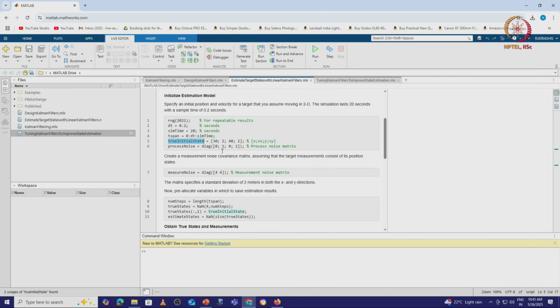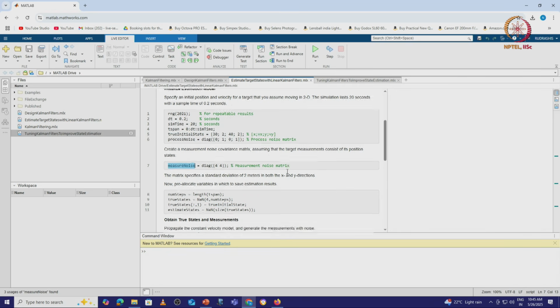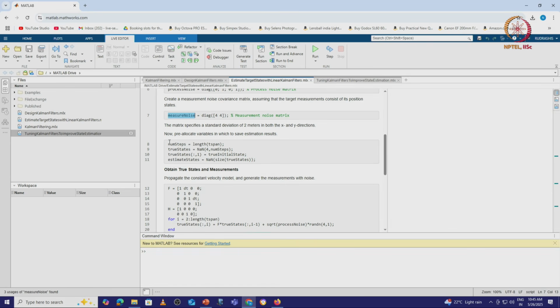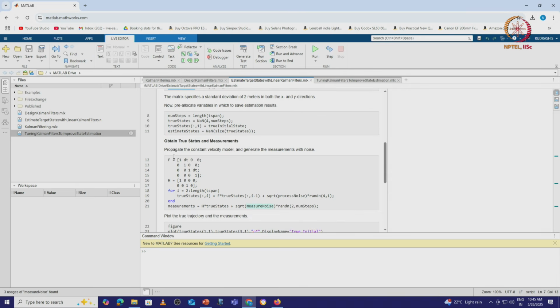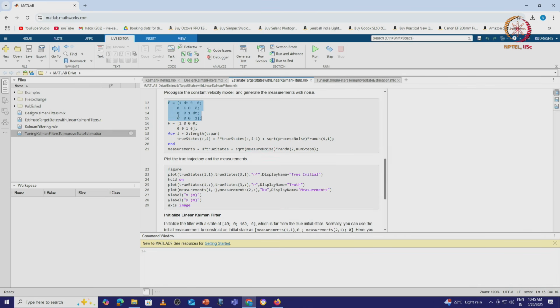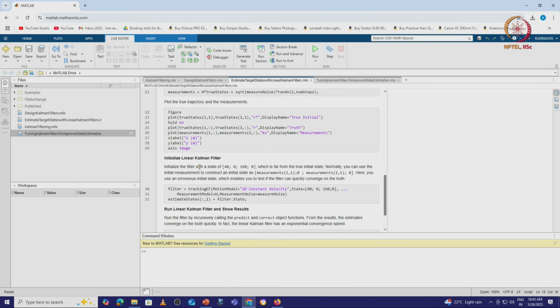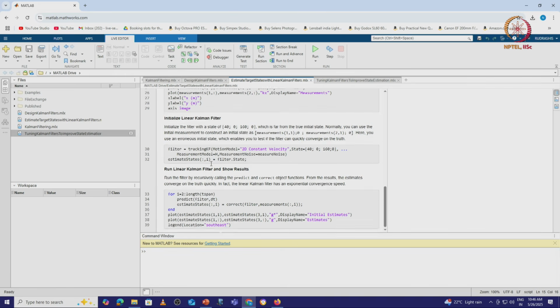I am adding a process noise, right, where it is going to be added. Then I am doing a measurement noise and get the noise matrix, right. So, the rest is, I set the number of steps, true states, we have 4 states here, right, and I am trying to get the state estimates. So, I am defining the matrices that are required, F and H, right, and then I can go on to look at the Kalman filter design as we explained in the previous MLX file, and then I can run and